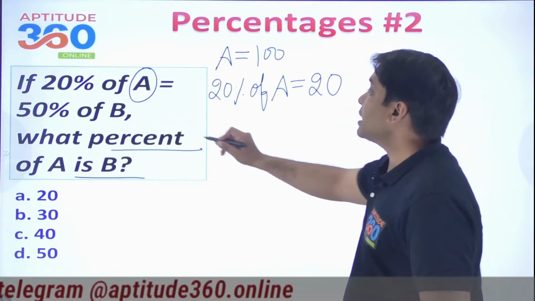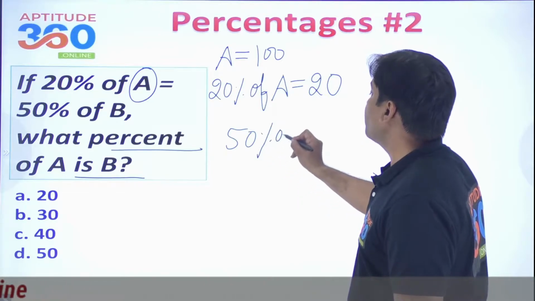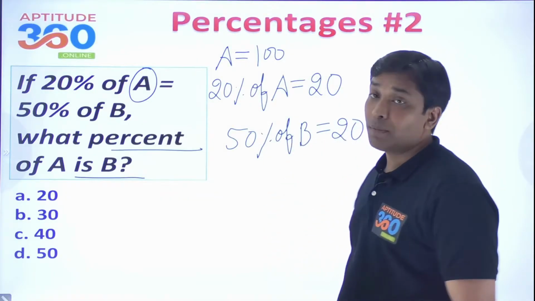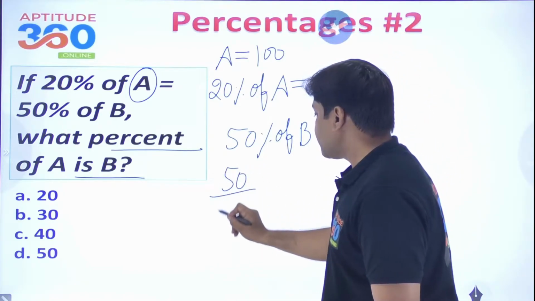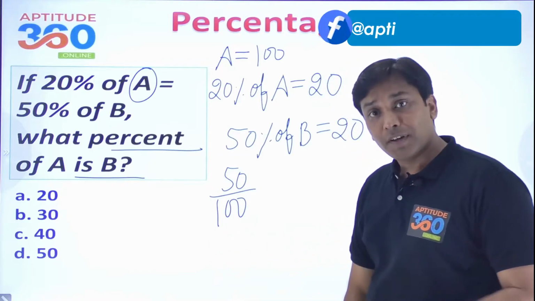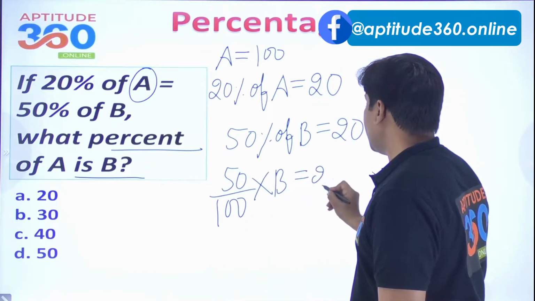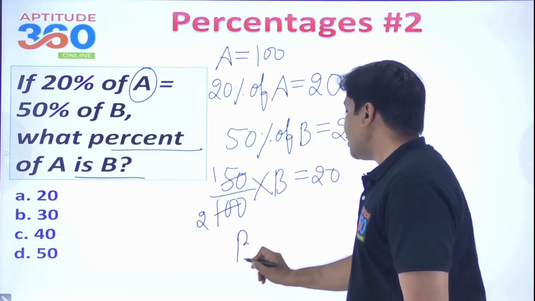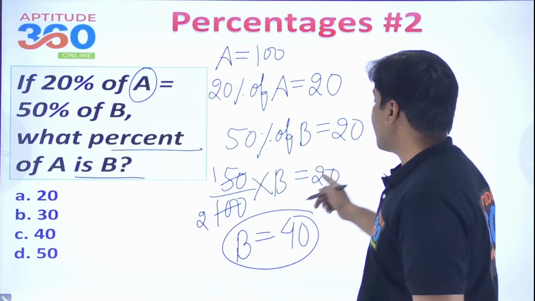And this 20 is going to be 50% of b. So 50% of b I am taking as 20. So what is going to be the value of b? That we can figure out. 50 over 100 into b, that value is 20, right? So this is 1 and this is half. The value of b will be coming out as, if you do the calculation, 2 times 20,